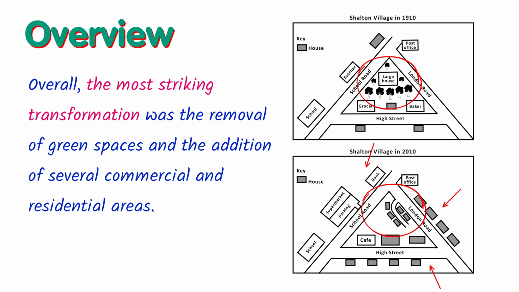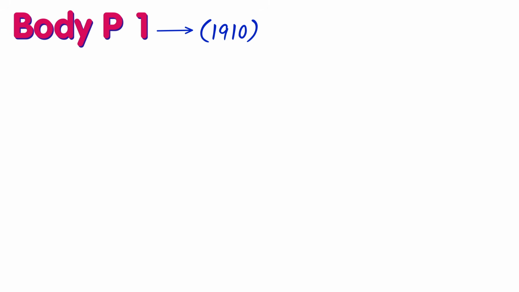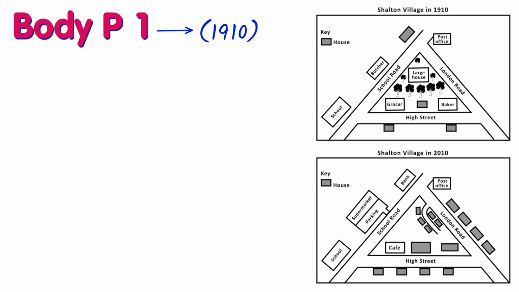All right, now let's start writing about Shelton Village in 1910. I talked a little bit about this village. We can start with the three major roads in this village. If we want to talk about the three main roads here, we can use the word border, right, in the passive. So we can start our paragraph with this. In 1910, because we are talking about the date, we should definitely start our paragraph with the date. In 1910, the section of the village was bordered